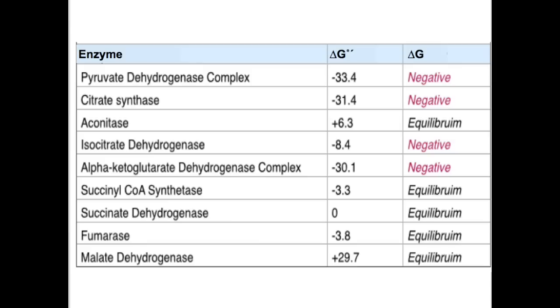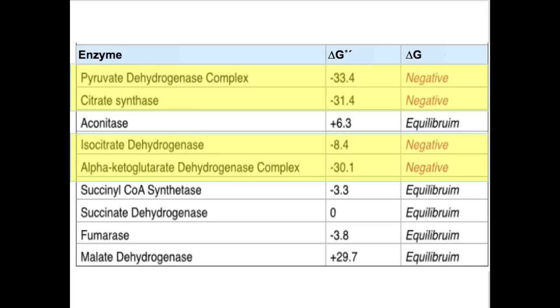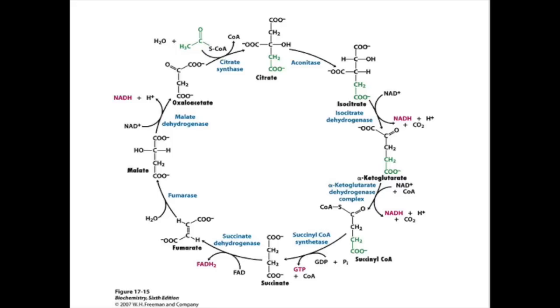If we look at this table, we can see the delta G naught prime and the delta G for these reactions in the TCA cycle. 4 of them have negative delta Gs in the cell. These are pyruvate dehydrogenase complex, citrate synthase, isocitrate dehydrogenase, and alpha-ketoglutarate dehydrogenase complex. Those reactions that have a very high negative delta G are going to be irreversible in the cell, whereas those that are close to equilibrium will be fully reversible. So even though this figure shows that these reactions are all only going one way, for some of these,